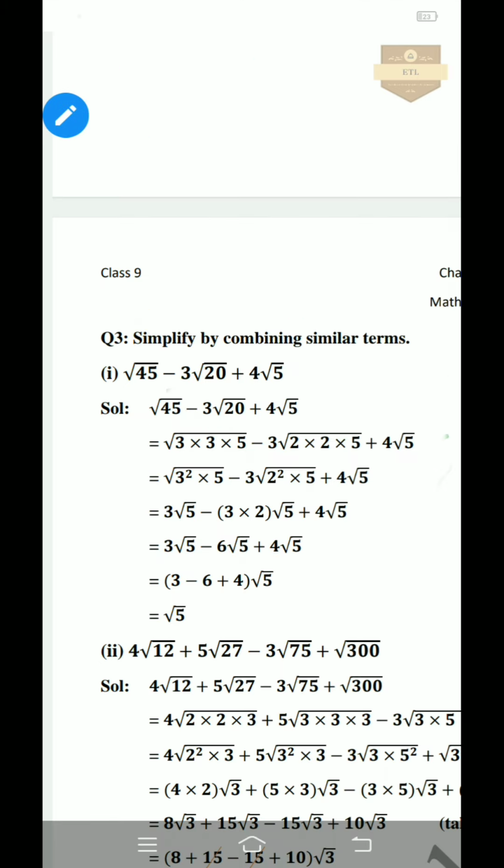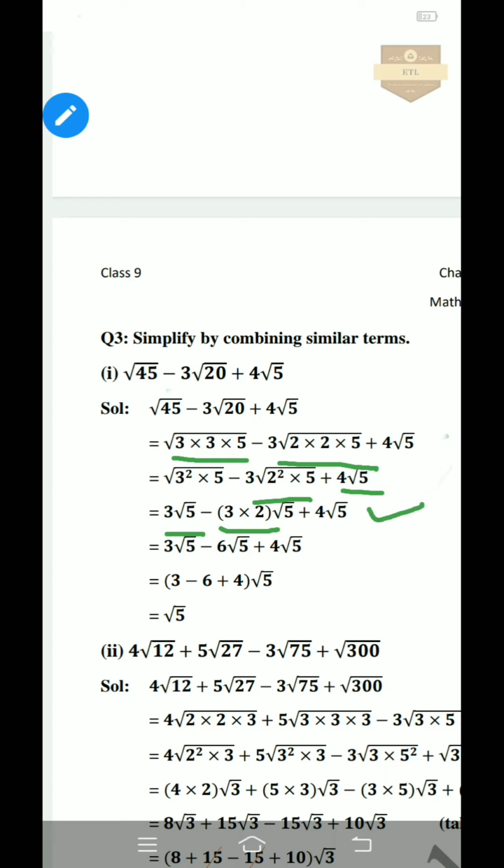Next, question number 3, simplify by combining similar terms. Part 1 is under root 45 minus 3 into under root 20 plus 4 into under root 5. So prime factors of 45 are 3 into 3 multiplied by 5, and prime factors of 20 are 2 into 2 into 5. Now 3 into 3 can be written as 3 to the power 2 multiplied by 5, and 2 into 2 can be written as 2 to the power 2 multiplied by 5, plus 4 under root 5. Now this power will be cancelled with the under root, and we have 3 under root 5, and 2 to the power 2 will also be cancelled with the under root, and we have 3 multiplied by 2 under root 5 plus 4